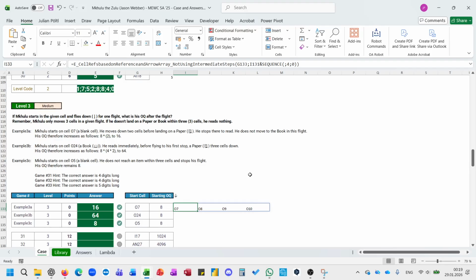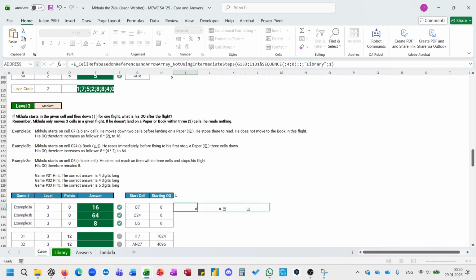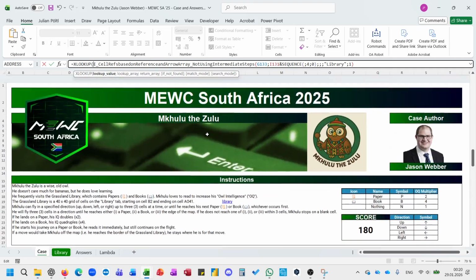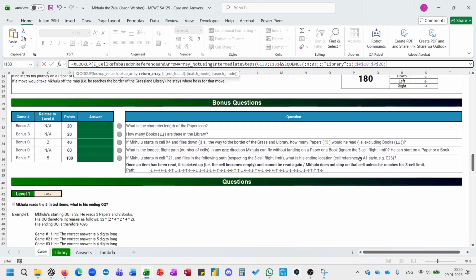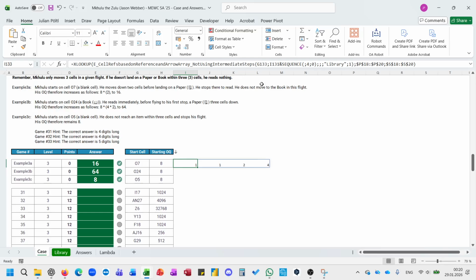If it doesn't land, he reads nothing. What is the QQ after the flight? 3 cells. Library, yes, INDIRECT. XLOOKUP in here. No, those values in here, returning the QQ multiplier, and then 2, 4,